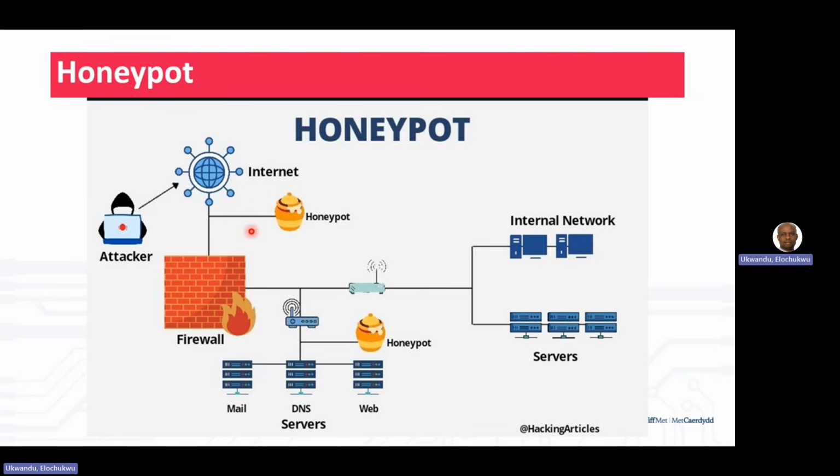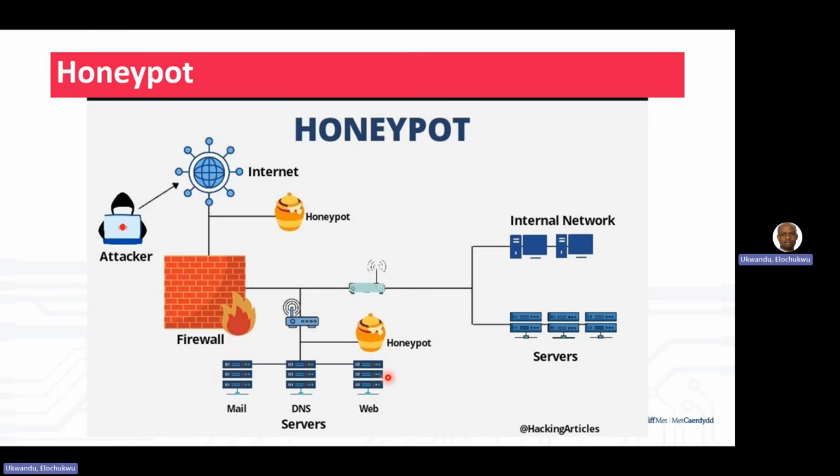Now, to be able to protect these assets from being attacked or accessed by the attacker, one will now have what we call a honeypot, which is a decoy, a fake kind of network firewall system. What it does is that the attacker will see it and think, oh, I have access to this person's network. Then he can begin to interact with it and try to penetrate and have access to the resources by breaking through the system. As he's doing that, we call it intelligence gathering. The system will be gathering intelligence on who the attacker is, the IP address, where it is calling from, and the kind of tools and techniques he has. That keeps the attacker busy while the main network is safe.